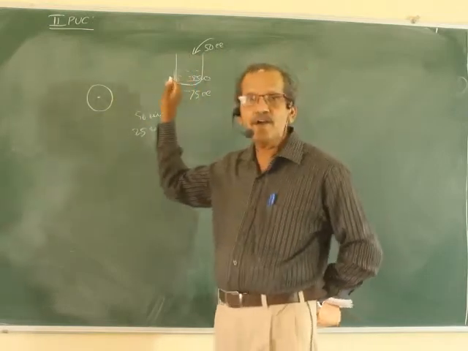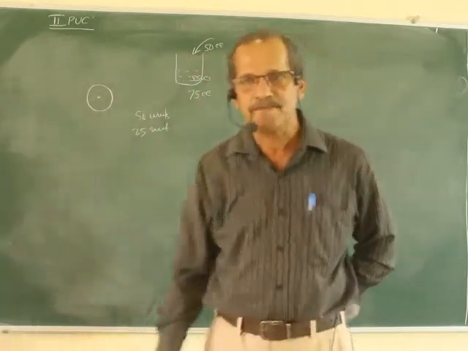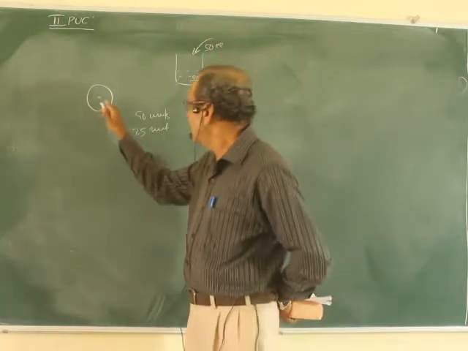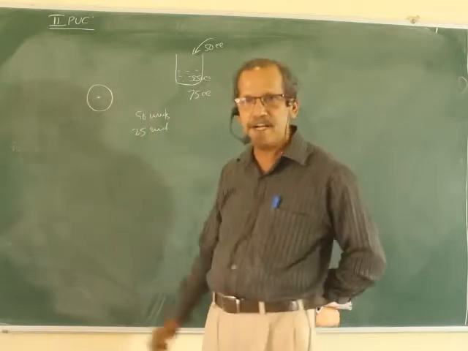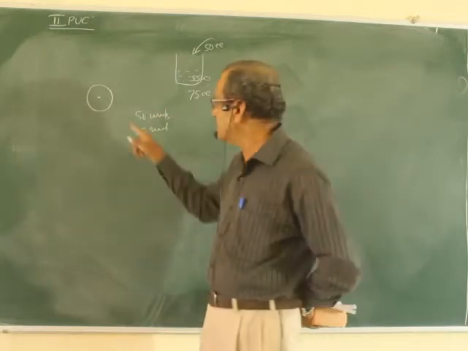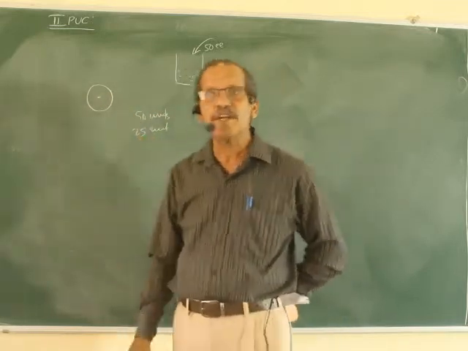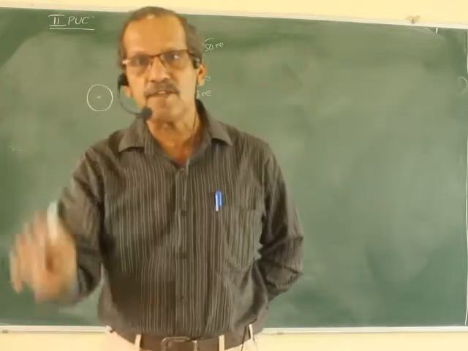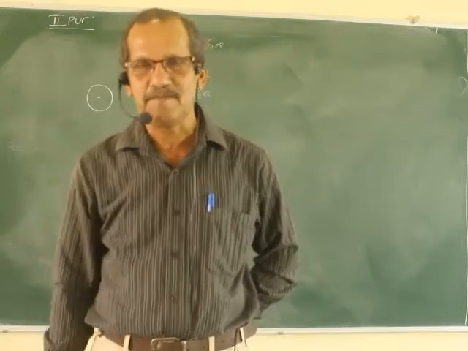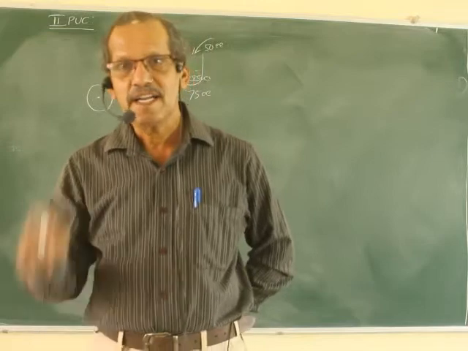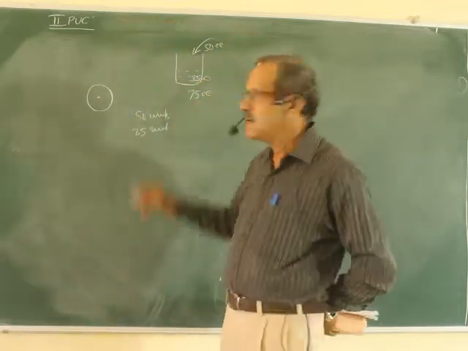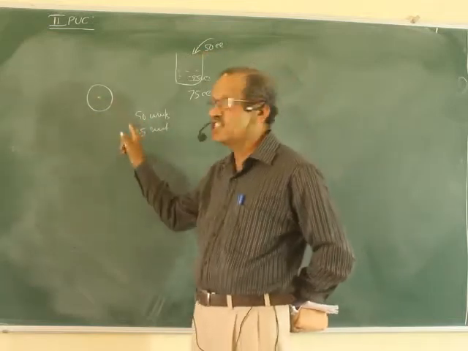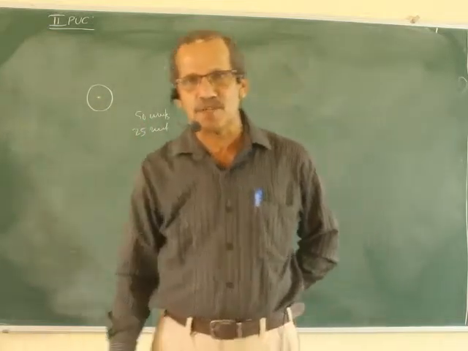Here 50 units of extra water is added to the same beaker. Already we have 25, so total no doubt 75. But here 50 units of force is acting. You are pulling the roller with the force of 50 units. Second person is pulling the same roller with the force of 25 units. What will be the total force on that? Don't say 75. Why? It is a vector quantity. This is a scalar. Here you must mention the direction of the force also.